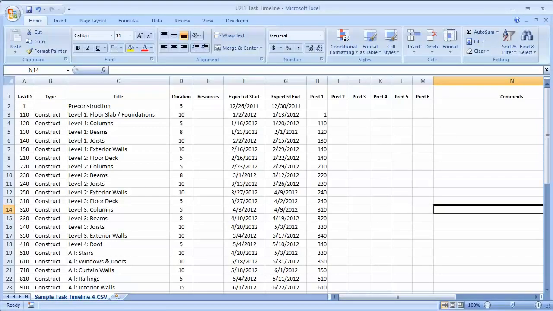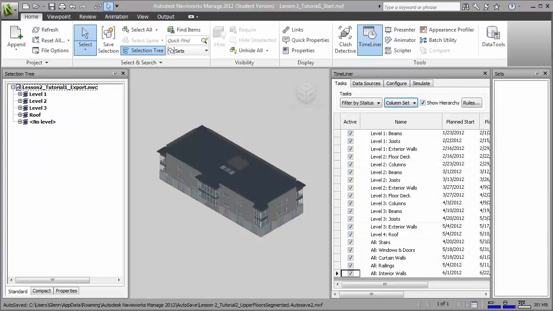In this case, I'm using a simple list of tasks with expected start and expected end dates that was constructed in a spreadsheet program. Navisworks can import task data from many types of scheduling programs, as well as from simple comma-separated value text files. Then we pull those two pieces together, integrating our building model with the task timeline in